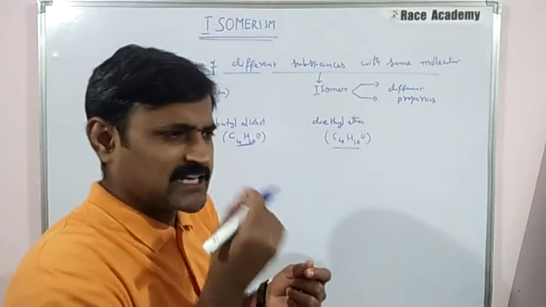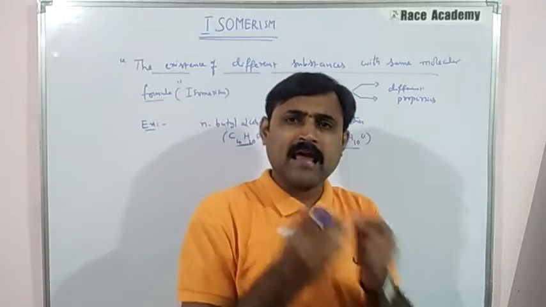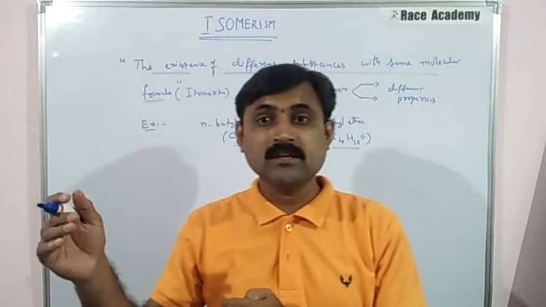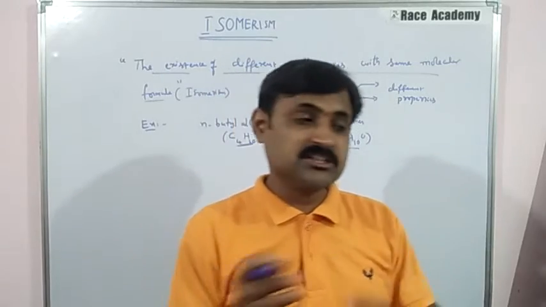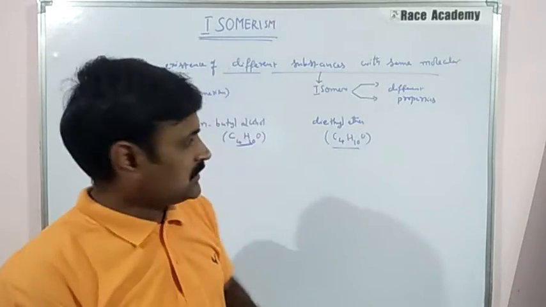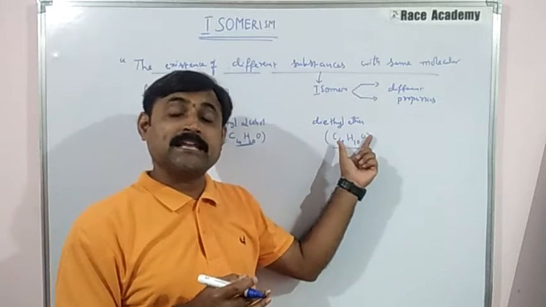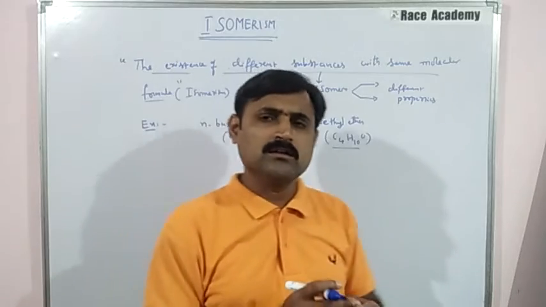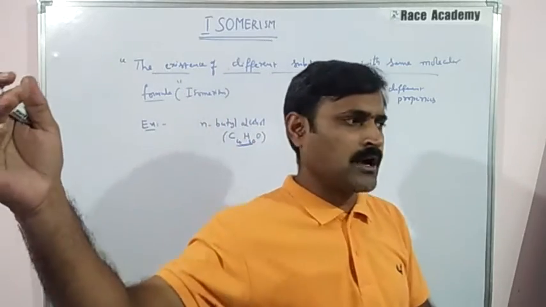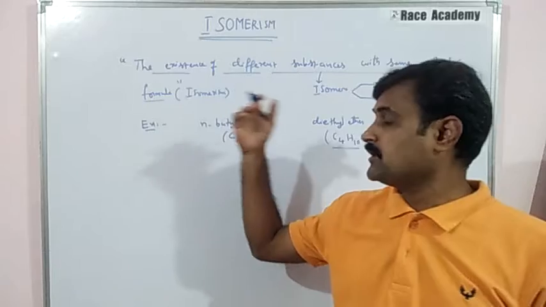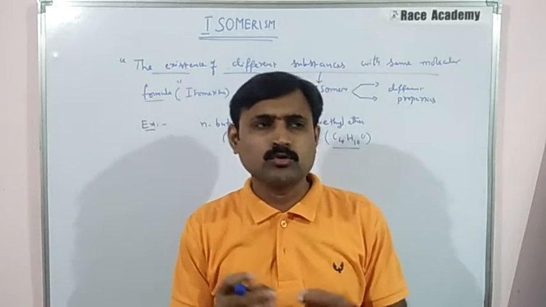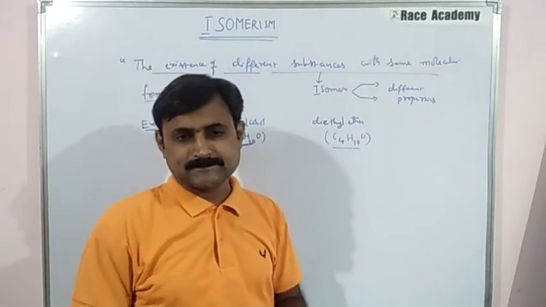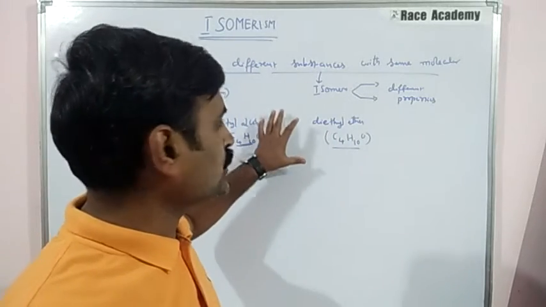What is the meaning of that simple experiment in the chemical lab? It indicates that butyl alcohol with sodium gives hydrogen gas, which does not come when you take diethyl ether in the place of butyl alcohol. So the chemical property of butyl alcohol is different compared with that of diethyl ether. That is one simple example to tell what the difference in properties is. And such types of compounds we can call